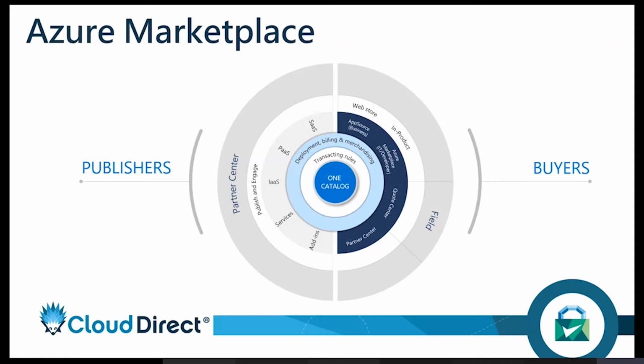But the beauty for buyers is that you have that packaged-up solution. Even if your application at the moment is made up of various components, you're able to purchase those packaged-up solutions into your Azure environment, without having to spend expensive resources on development or deploying those resources yourself. They're already there, packaged up for you. There's a big catalog of various components, so you're able to choose which pieces you want and build the picture that you want to provide that experience for your end customers and end users. So it's a really great area to streamline your development of applications